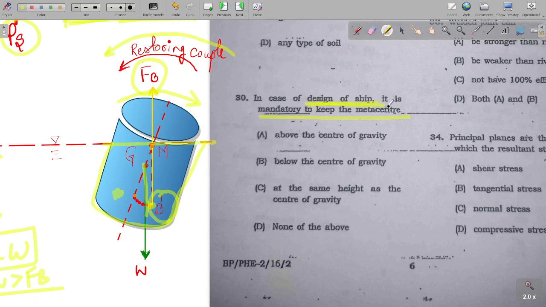So design of ship की बात हो रही है, so ship obviously stable होना चाहिए. So we have to keep the metacenter above the center of gravity. So इसके लिए डिज़ाइन करते हैं, इसके लिए इंश्योर करते हैं कि सेंटर ऑफ ग्रेविटी नीचे रहे और ताकि मेटासेंटर ऊपर रहे हमेशा. Okay, so this was your 38th question. There is some issue, the pages are displaced. So the earlier questions which we have skipped will come later on. Okay, moving on to our next